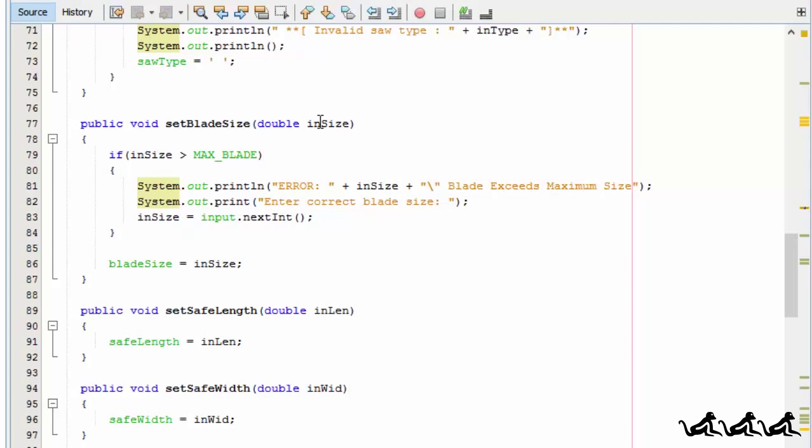So if the parameter in size contains a value that is greater than max blade, say I try to instantiate an object with a blade of 15 inches, then an error message is going to pop up. In this case, I've added the additional step of allowing me to correct the input before the object is instantiated,